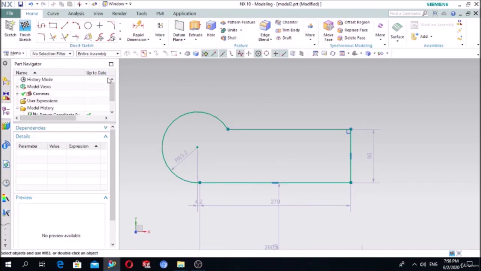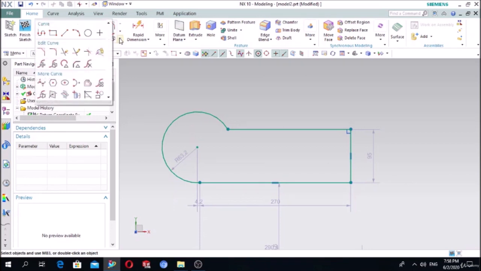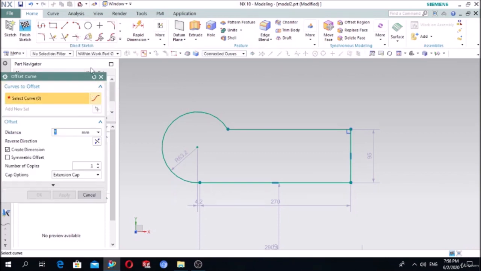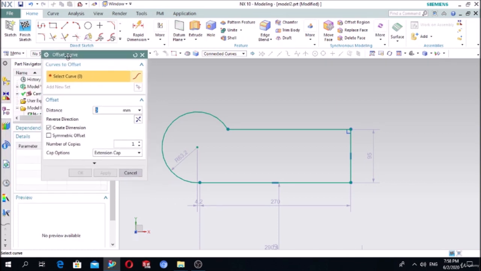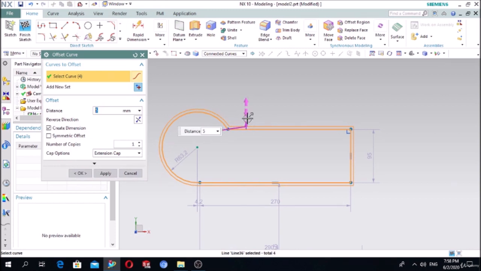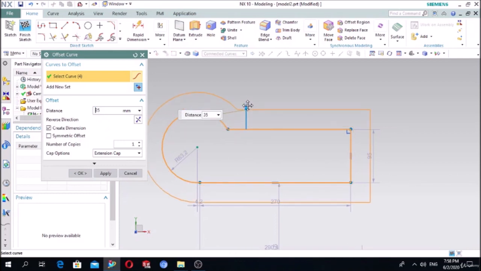So the next command is, if you open this, you see Offset Curve. This is also a very useful command. Let's activate Offset Curve and select the curve. If you select this curve, you see it will become offset. Here you can set the distance of the offset by dragging and dropping